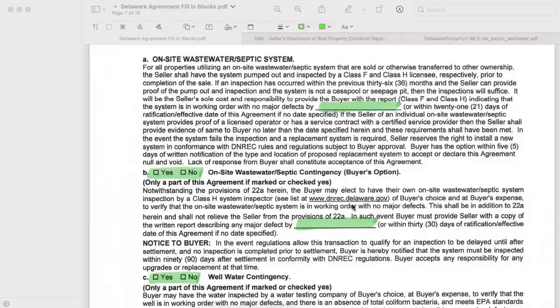If, for example, though, something on the report was labeled to be monitored, or you noticed maybe a brown liquidy substance near the septic tank, you might want to actually make sure you do this inspection on your own anyway. And especially if the report is maybe 30 months or older, you're going to have to do it in the next 6 months. So you might as well do it now to make it part of the agreement of sale